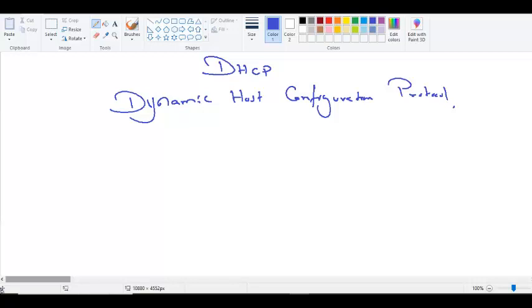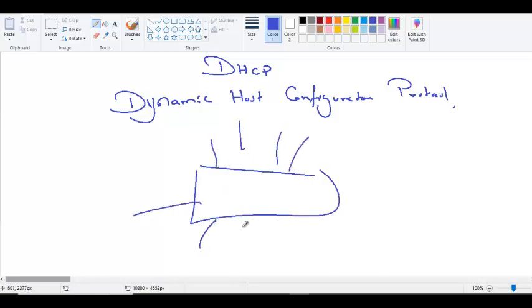All these 40 computers, instead of you going one by one, sitting on every monitor, keyboard, and mouse and manually assigning the IP address,